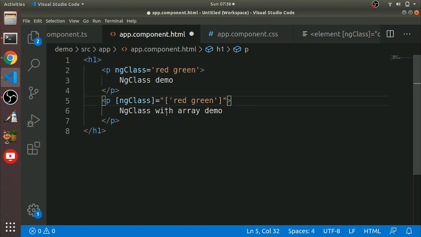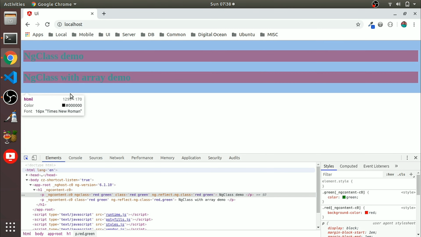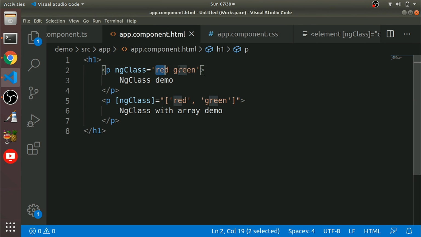These are two array elements we will have, like this. This is the syntax. Let's see. The same thing will happen. If you inspect this, same red again. This is using a string, and this is using an array example. So you can put any number of array elements over there.